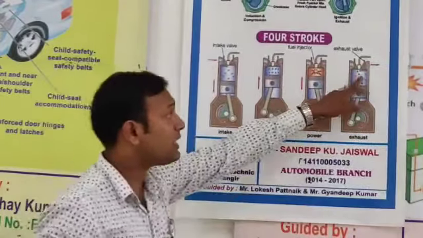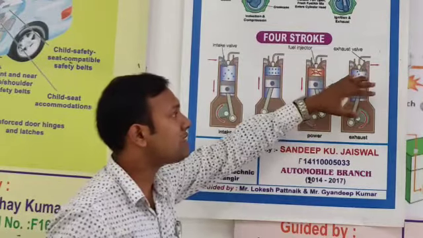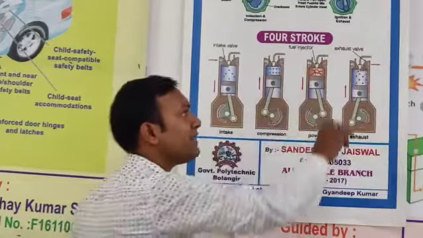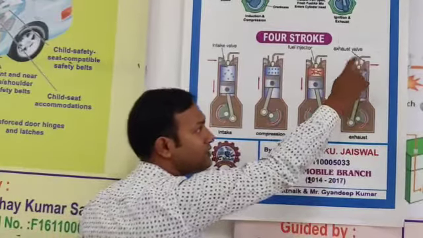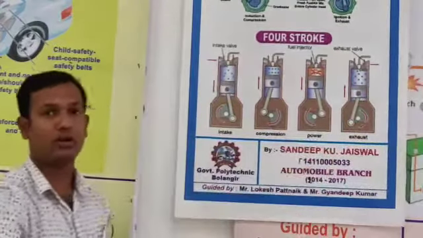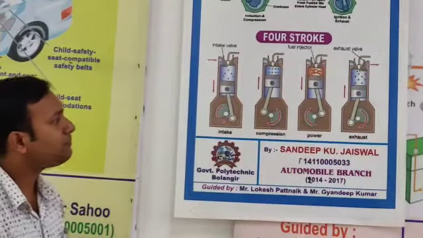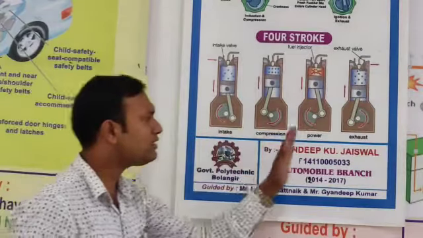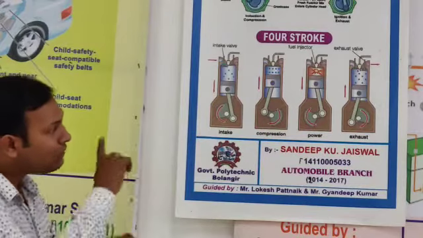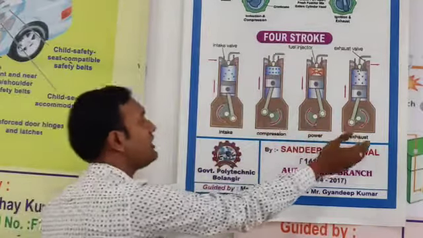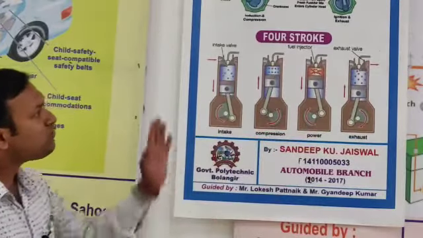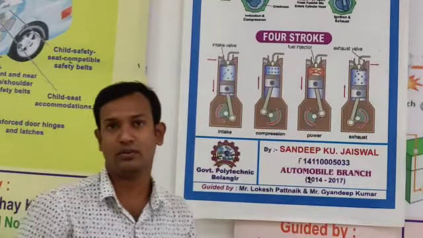So the exhaust gases inside the combustion chamber will go out through the exhaust valve, which is already open, and they leave through the muffler or your exhaust pipe, okay. So these are the 4 main strokes in a petrol engine, and they will repeat: exhaust, then intake, then compression, then power. So these 4 strokes are in a petrol engine, okay.